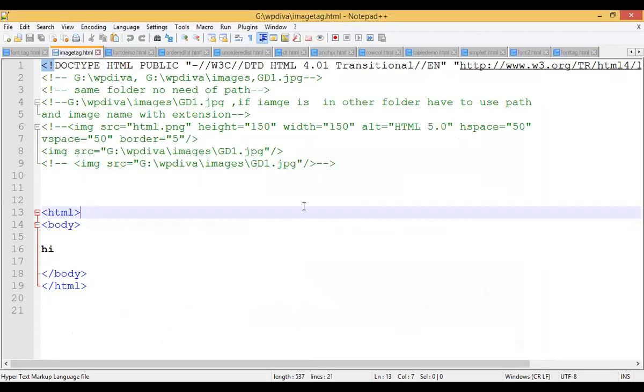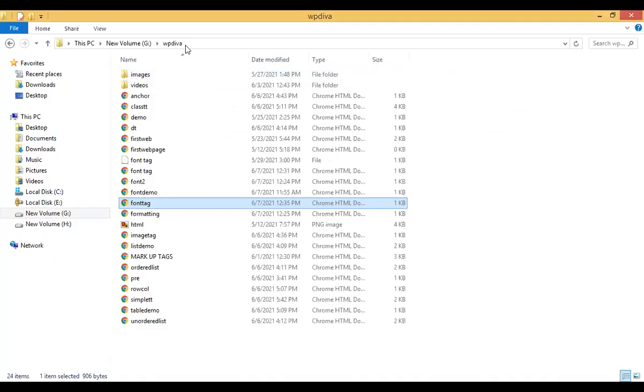Fine. Now, one thing I want to tell you is to take a paper or a pen to note this down. See, this is my folder, right? So I have created code here. What is the path of my folder? Write it down. I will give you 1 second. Take something and write it down.